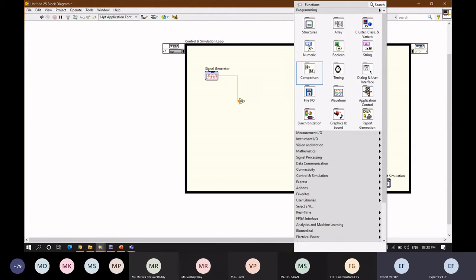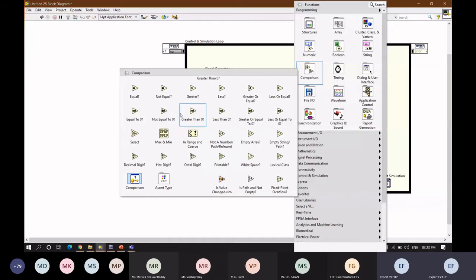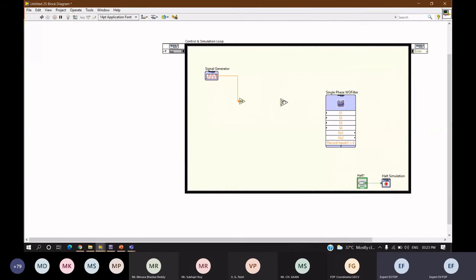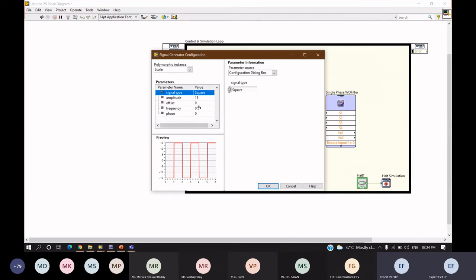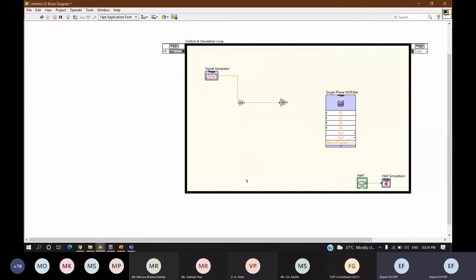To do that, again I'm going to take another function, which is select. The output of this one I can directly pass over here. And here we don't need to worry about amplitude, because we are not providing the amplitude here.